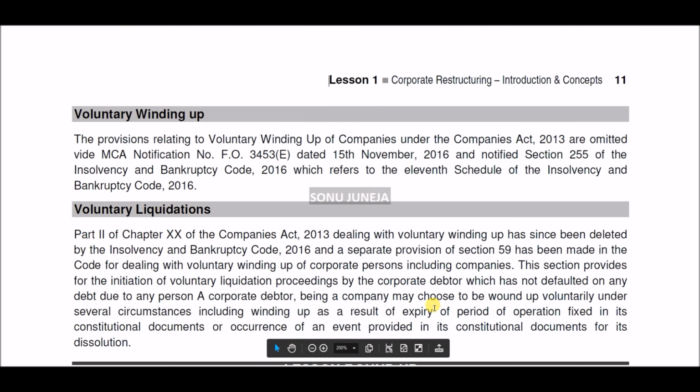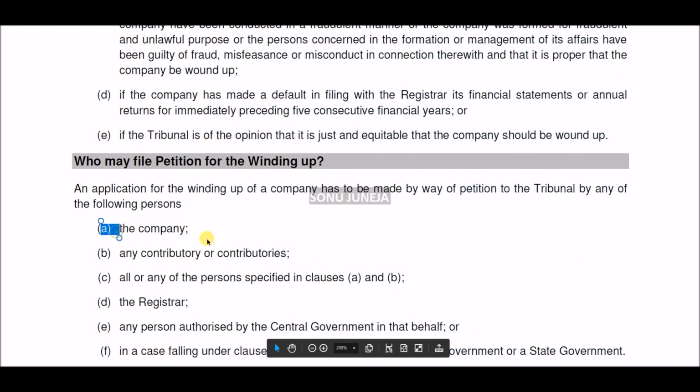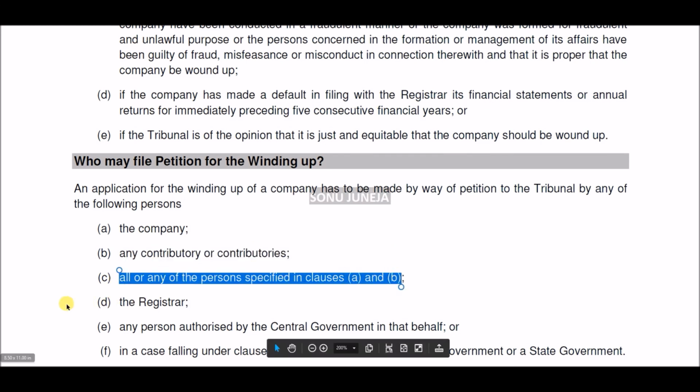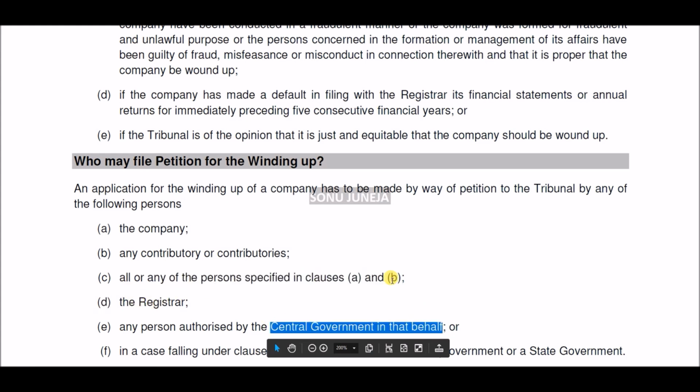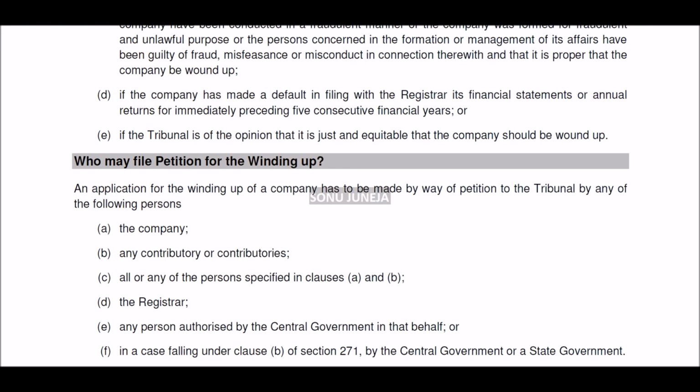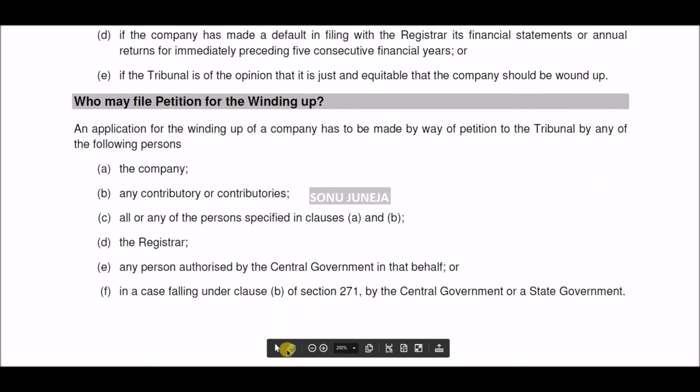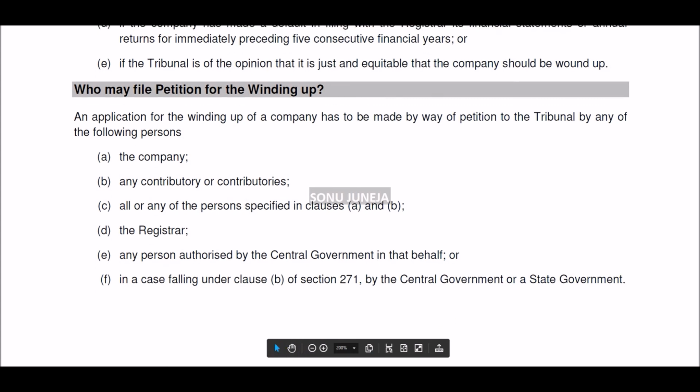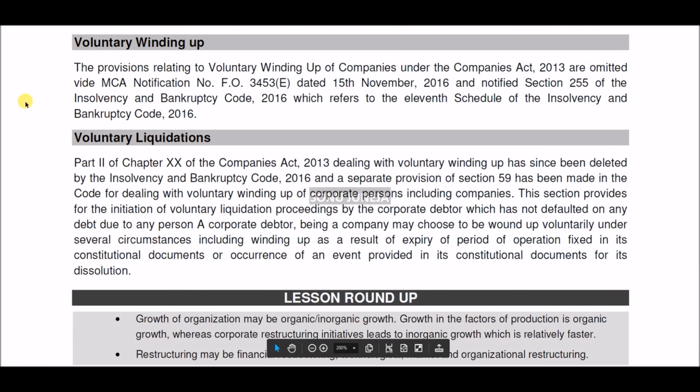हाँ जी, वाइंडिंग अप के लिए जो लोग पिटीशन फाइल कर सकते हैं वो हैं कंपनी खुद, कॉन्ट्रीब्यूटरी और कॉन्ट्रीब्यूटरीज दोनों, ऑल और एनी ऑफ द पर्सन स्पेसिफाई ए एंड बी, रजिस्ट्रार, सीजी, और जहाँ पर in case of falling under clause B point F, in case of falling under clause B of section 271 by the CG or SG. ठीक है, CG और SG, ये हो गए पिटीशन के लिए। अब देखते हैं वॉलंटरी वाइंडिंग अप।